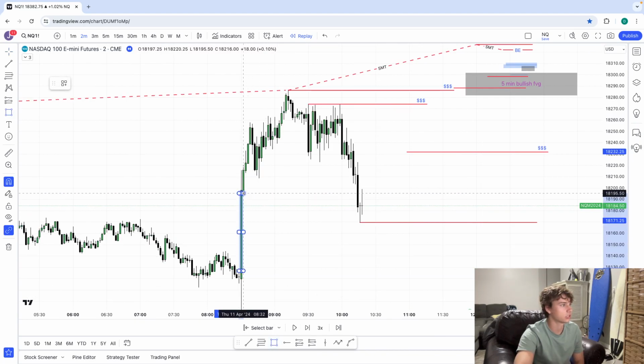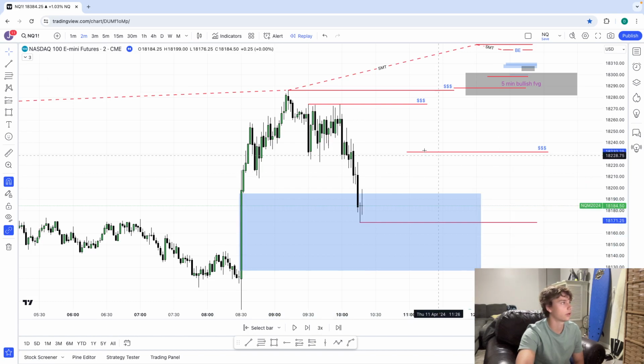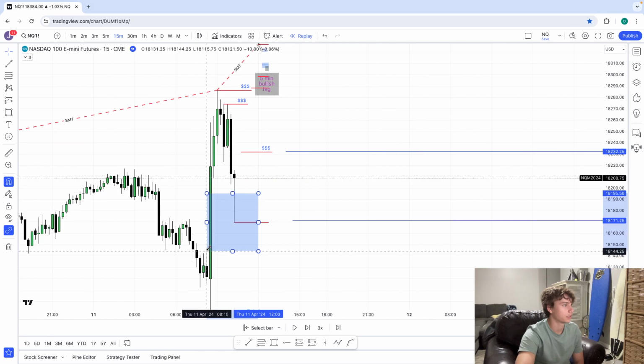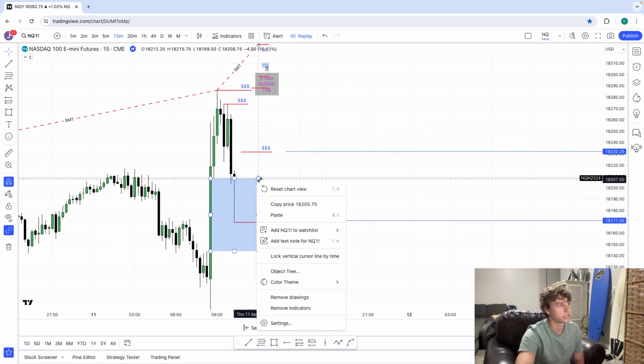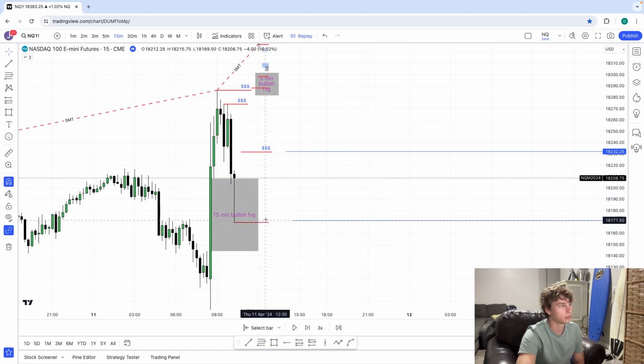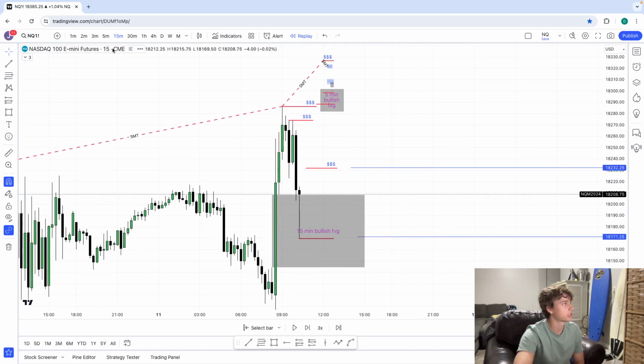I'll just mark this on the 2 minute, but just know there's a 1 hour, there's a 15 minute, there was all kinds of fair value gaps. And you know what? I'll just go to the 15 minute to mark up a better one. Here. There we go. 15 minute fair value gap. So we have a 15-minute bullish fair value gap that I really would have liked, again, if I was here,